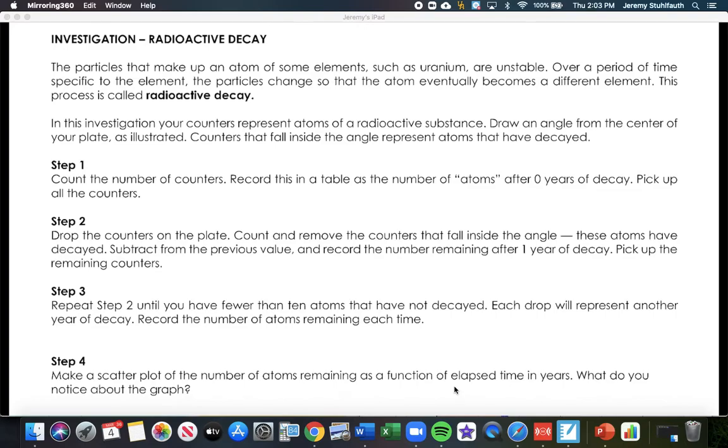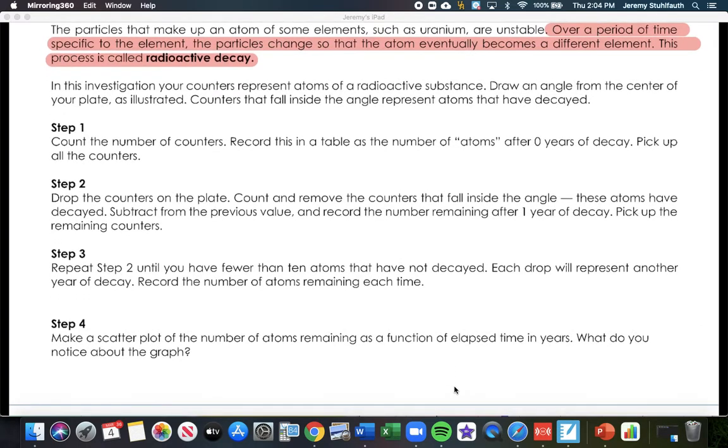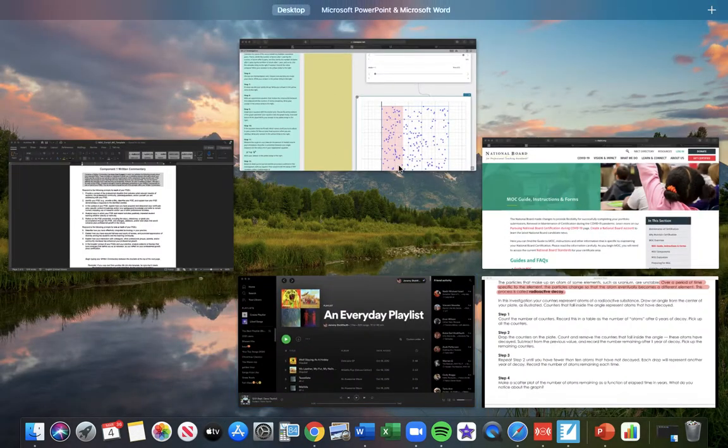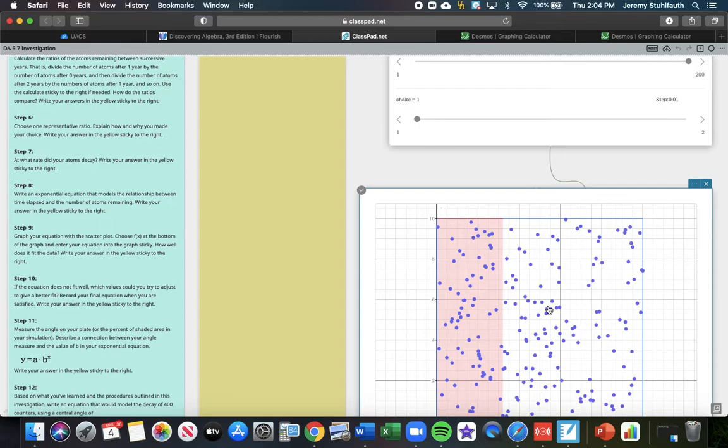And what radioactive decay is, it's how particles in the air, or let's say radiation, like nuclear particles, over a period of time that element is going to break down and decay. And when they break down and they become different elements and become less harmful, this is what we call radioactive decay. So what we did in class is we took a simulation right here,